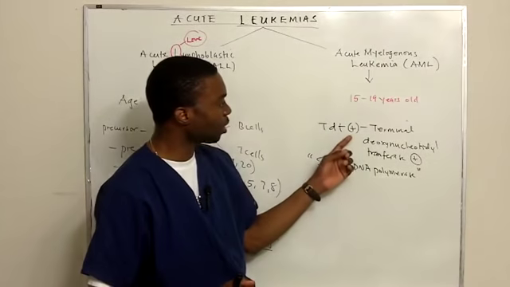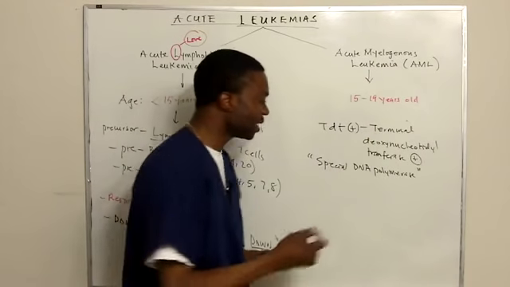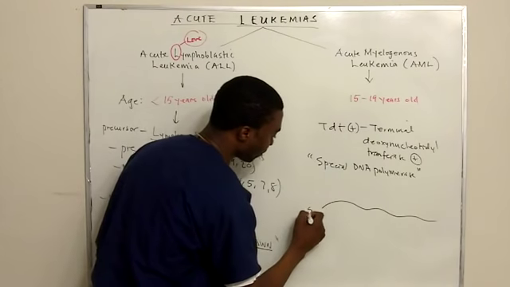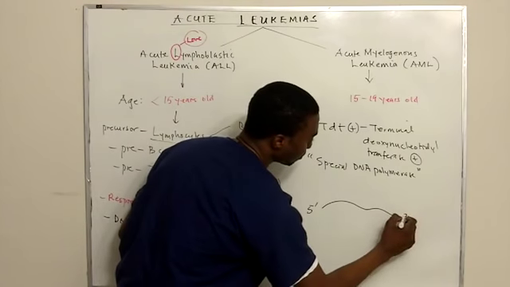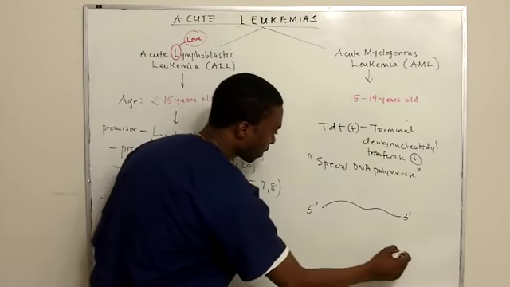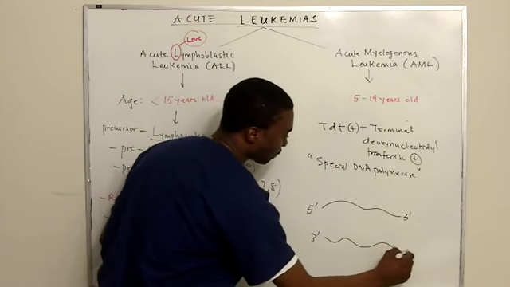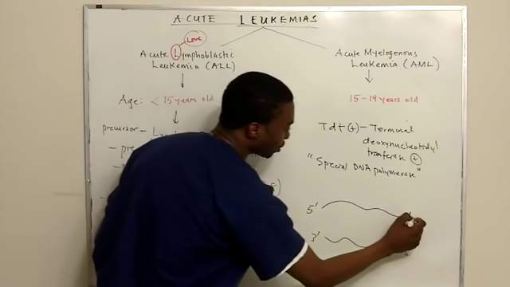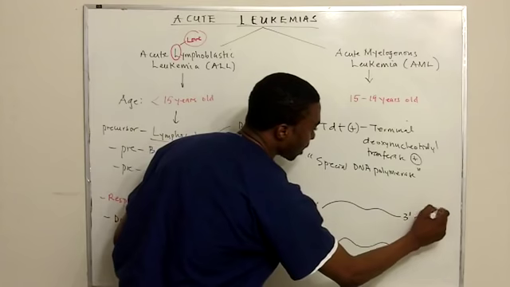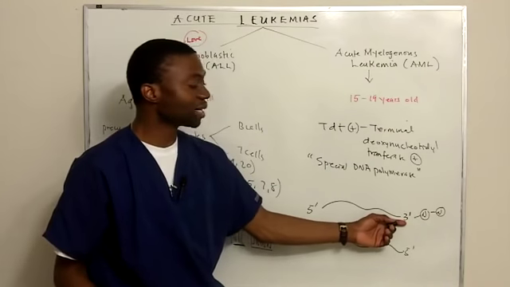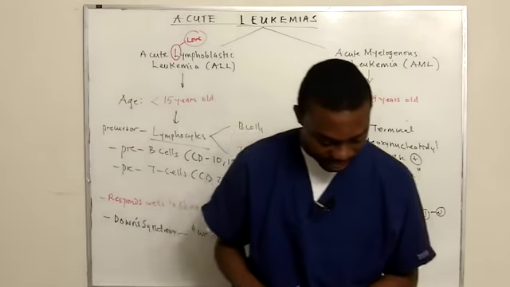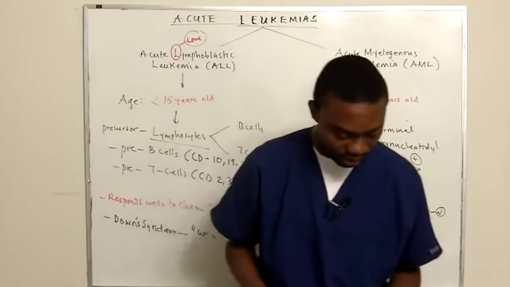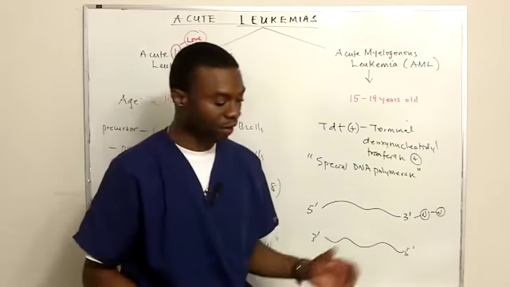Let's look at the name of the word itself. Terminal, which means the end. So let's say this is, remember, DNA starts from 5' to 3' end. And this is the other DNA molecule, 3' to 5' end. Well, TDT's job is to add nucleotides to the 3' terminal end of the DNA molecule, especially in the VDJ region of the heavy chain of the